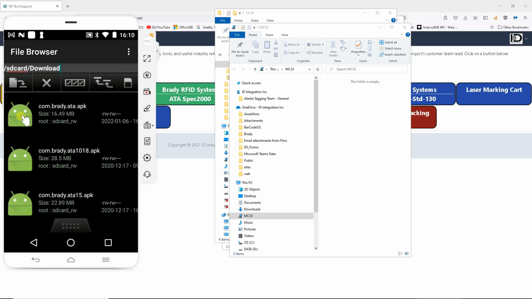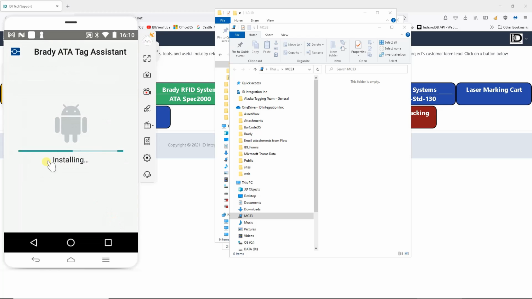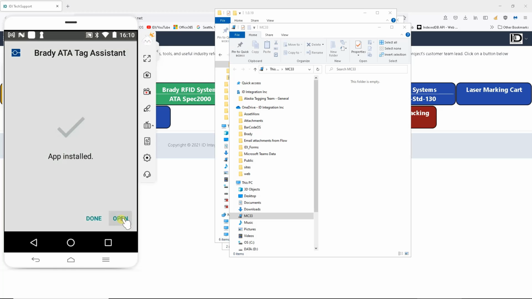There we go. I'm just going to click it, and it should say you're going to install it and ask all these things, and I'll say install. App is installed, say done. Now, if I open the app,